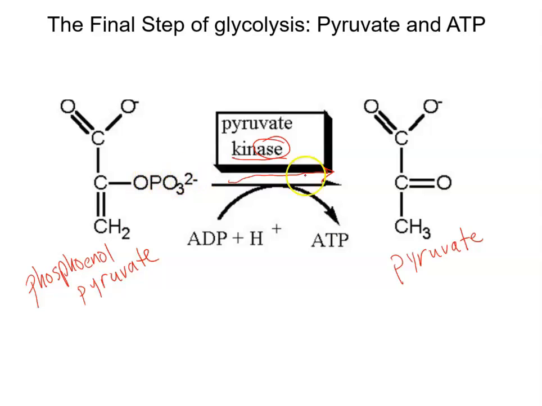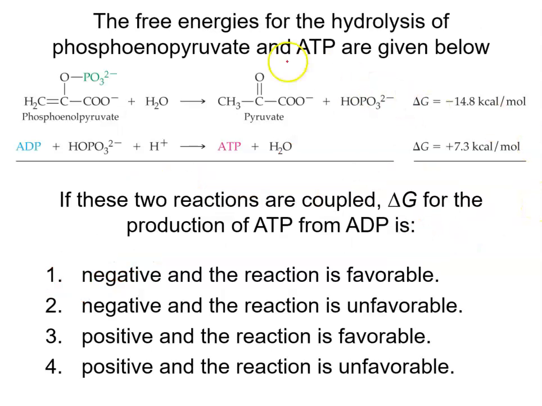But we're also breaking a bond here. So let's see how that actually works out. These are the free energies involved in the hydrolysis of phosphoenol pyruvate and ATP, separated out. So here's the phosphoenol pyruvate, and there's water. And we're going to hydrate this. We're going to actually break this bond, and we're going to form pyruvate. So we get this movement of a double bond up to this oxygen, and we have inorganic phosphate being created. And the overall delta G is negative